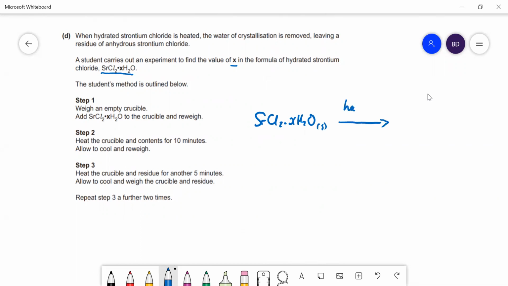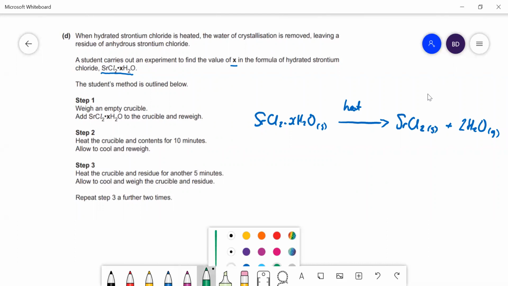They're going to heat that up. So you're going to end up with the anhydrous strontium chloride, and the water will be lost as a gas. The important thing to notice there is, look, 1 mole of this stuff gives you 1 mole of the anhydrous stuff, right? So they weigh the empty crucible and they add this, and you're going to find the mass